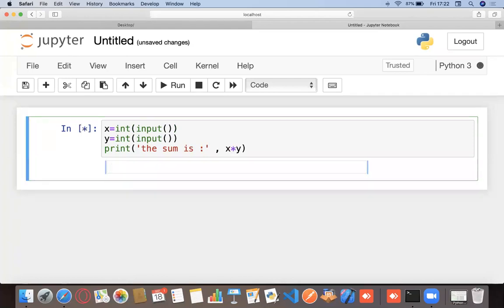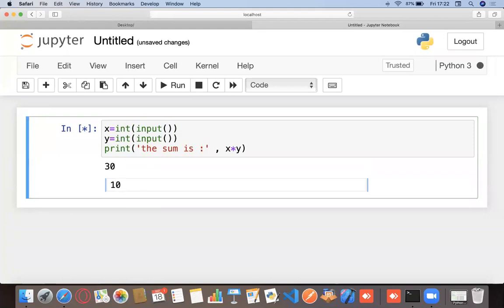So now if I enter something like 30 and 10, I get, okay, this should have been the product, but you get the point, right? So you can now use operators that are supported by numbers. The default data type of input is going to be string, and I'll repeat this to hammer it into your head. If you want to concatenate stuff together, then you can only use the input.